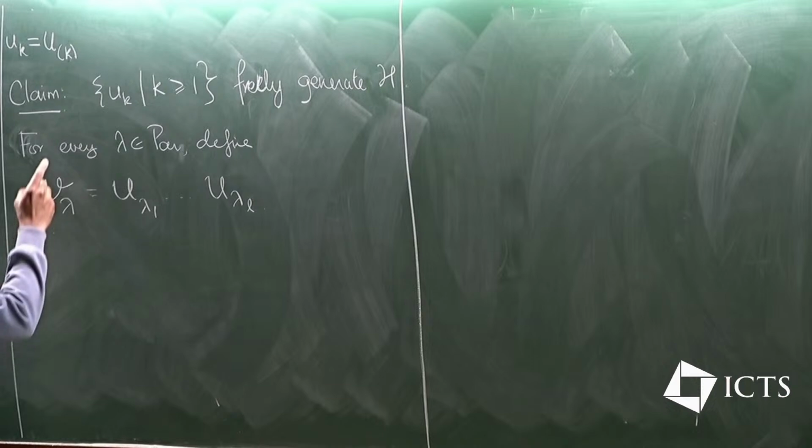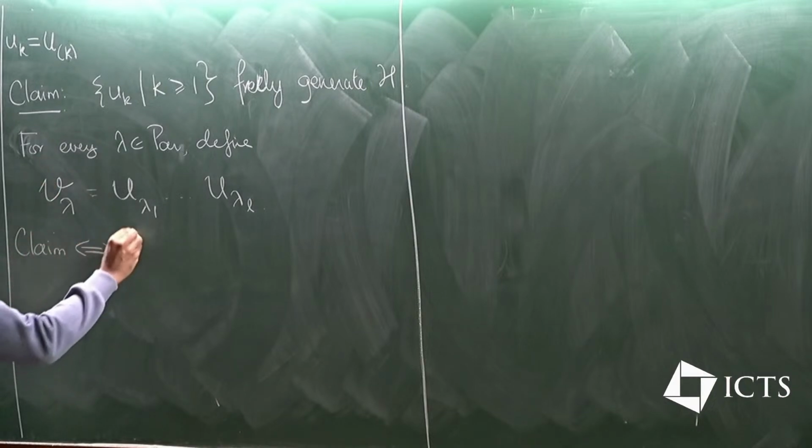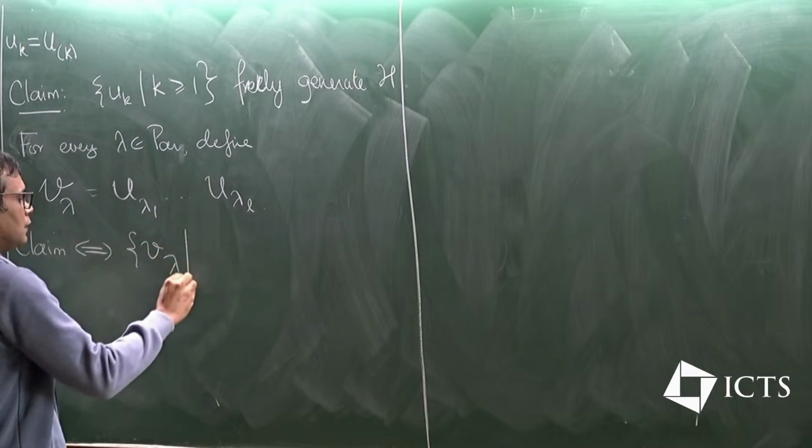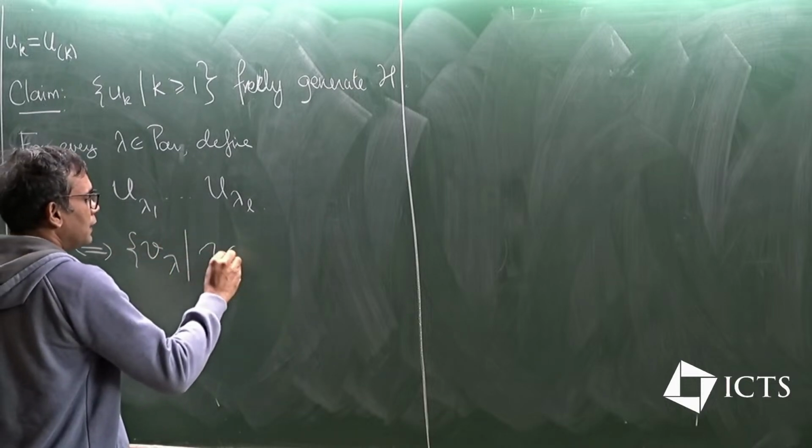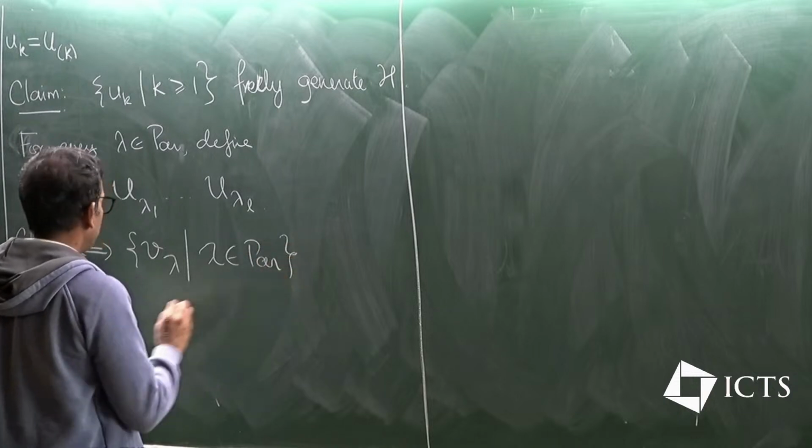Then this claim is equivalent to saying that V lambda, as lambda ranges over partitions, form a basis